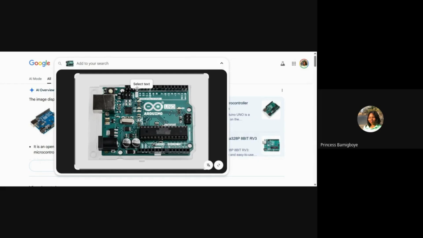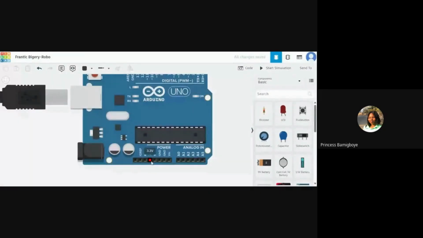And you can see how beautiful this PCB is with all the other components attached to it. Tinkercad will not give you a detailed image like this, but you shall get the gist that this provides a more detailed look at what the Arduino board looks like up close. So now let's go back to Tinkercad. So that's it for the reset pin.